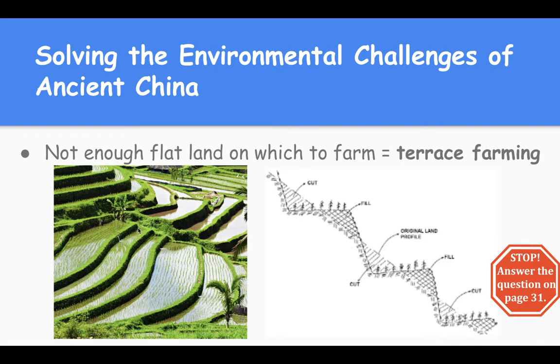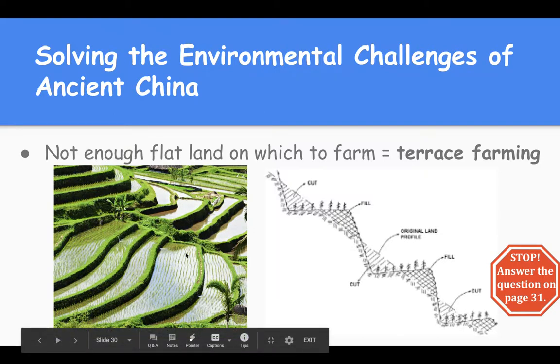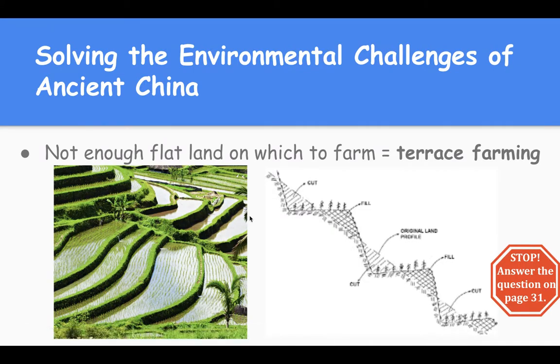These are most likely corn, or not corn, rice. They grow a lot of rice. And rice really does get grown in water. So see how they've created these deep terraces? So cool. And you can tell how far along the different types of rice is by looking at the color.